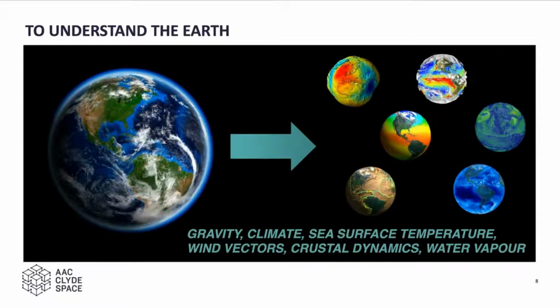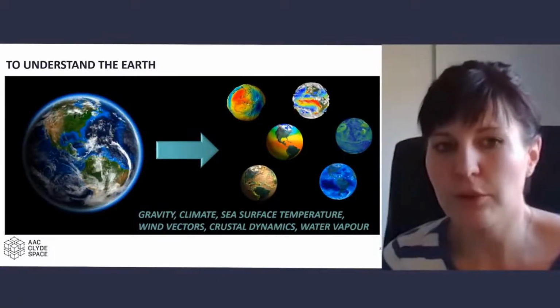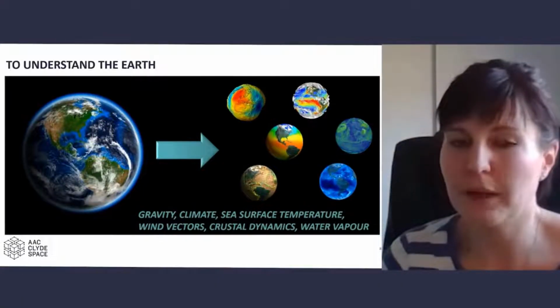Got things like wind vectors, which are really important for feeding into climate and weather models. Crustal dynamics, that kind of funny bumpy brown Earth image there, can help us to look at predicting things like earthquakes and volcanoes. And then things like water vapour in the atmosphere, so measuring through the atmosphere can help us, again, with climate and weather models. So we get some really, really valuable information about the Earth by looking